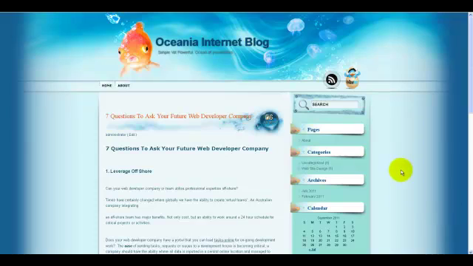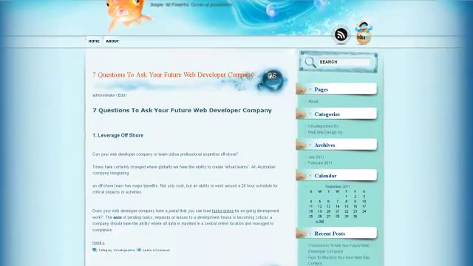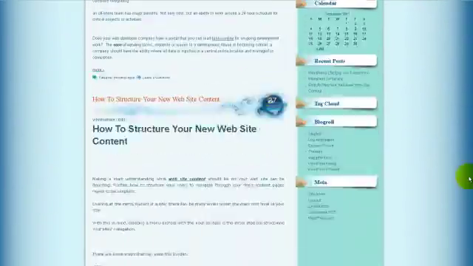Okay guys, today we are going to create a new blog post, or as some industry people say, an article on your blog. So at the moment you're looking at the Oceania Internet blog. I haven't updated my blog for some time, as you can see here in July 2011, so smack my hand. So what we need to do is get into the back end. You're looking at what's called the front end here, and there's a couple of posts here on the Oceania